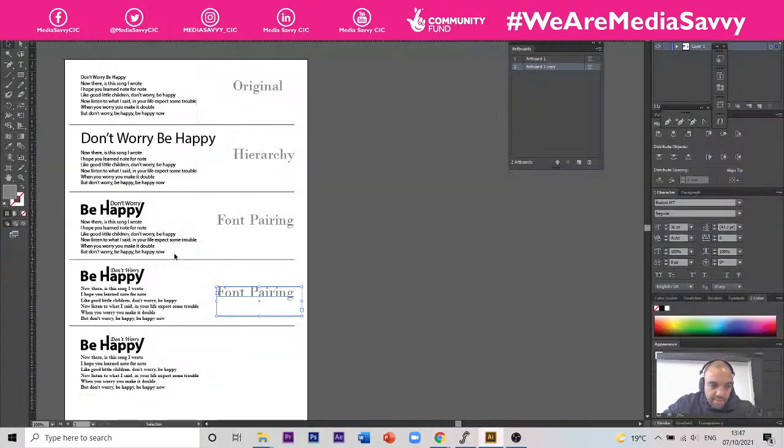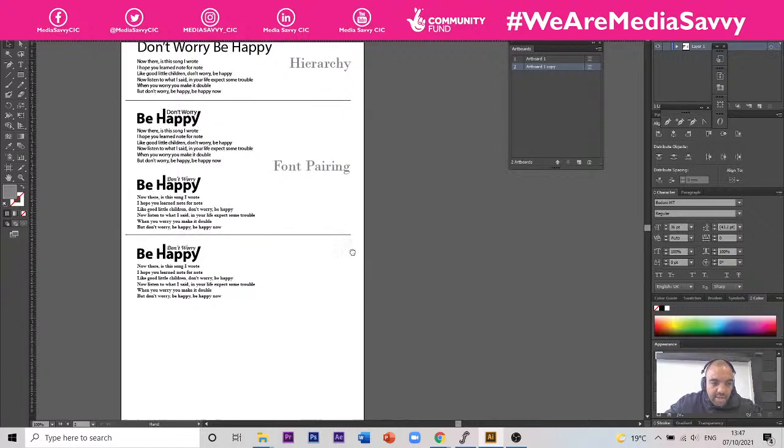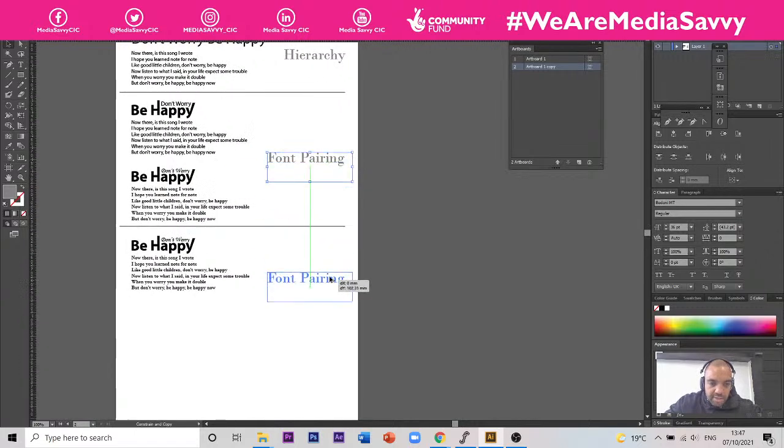Okay, messed myself up a little bit here. I think those two are font pairings. We'll keep those together. We've done two different variations there. That's what's going on there. And then we've got white space, which is this here. Okay, so